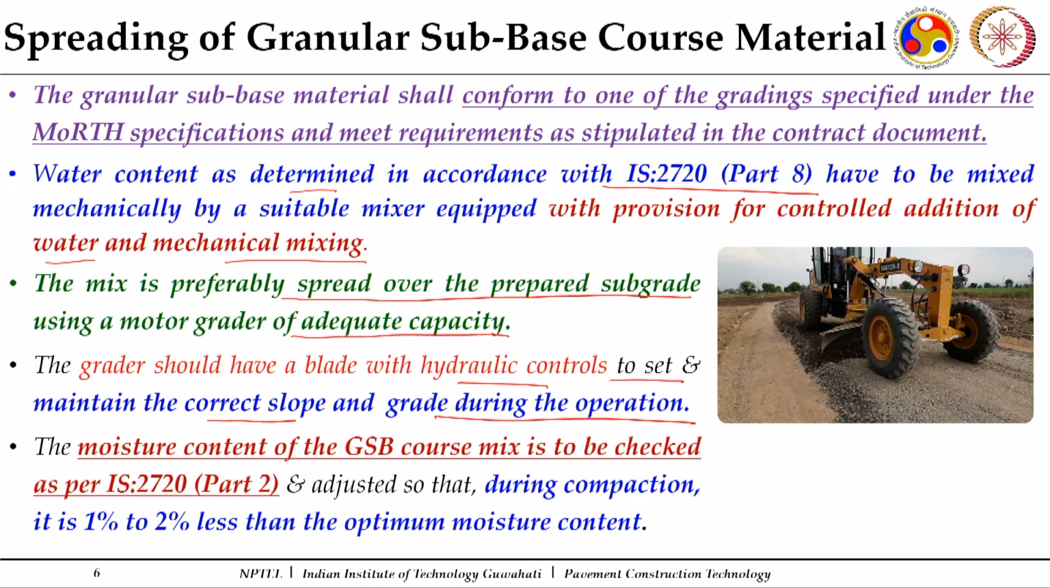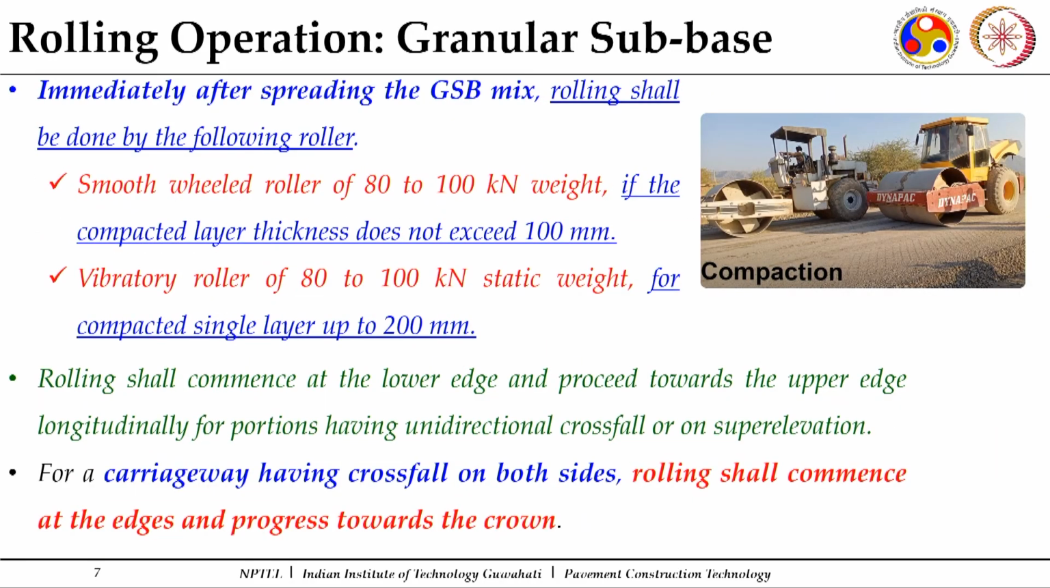The moisture content of the granular sub-base course is to be checked and ensured, because now this loose material is to be compacted. When you mix it and finally it gets compacted, the water content may be around 1 to 2% less than your optimum moisture content, and that is good for compaction also. There should not be excess water. If excess water is there, then the surface needs to be aerated before you start the rolling process